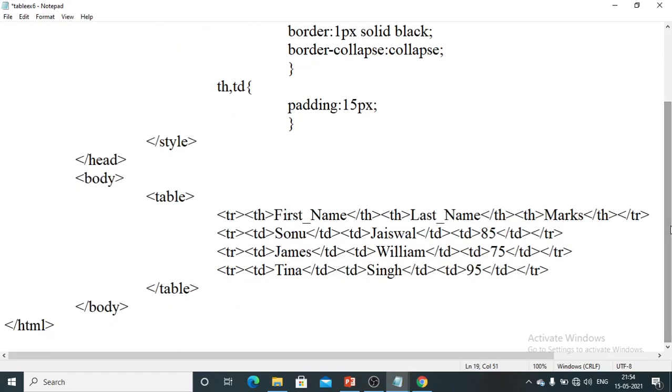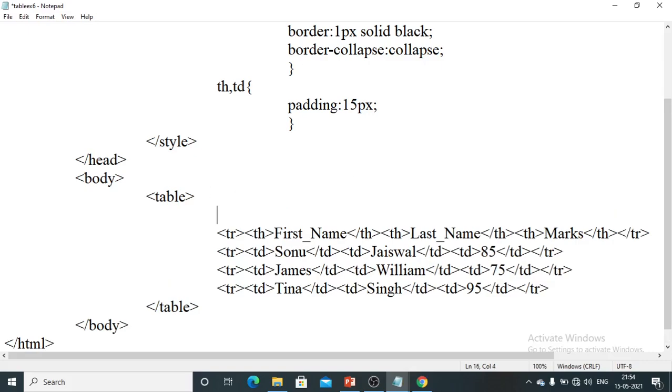So here I will add up the caption tag. The caption tag should be used immediately after the table tag. It should not be used later after the table tag. So it should be used immediately after the table tag.